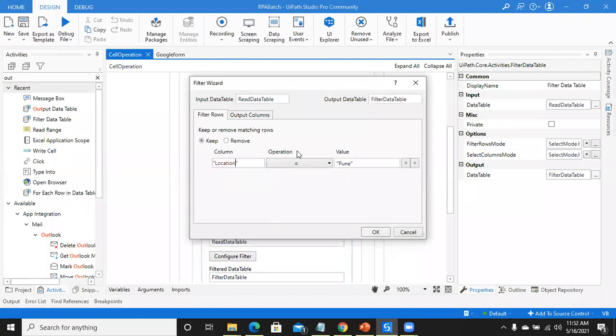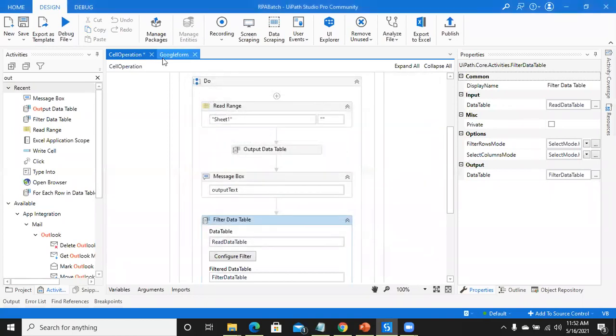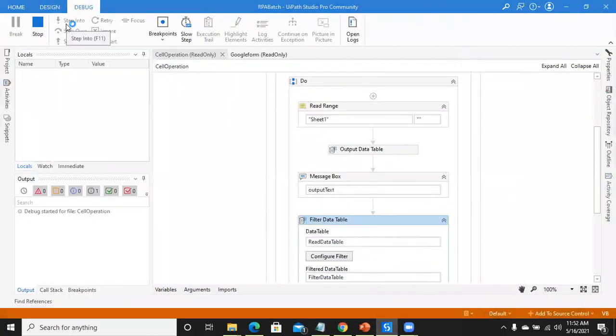We will not change anything, only the filter condition we have changed, but the condition should be perfect. There should not be any gap in the condition. Spelling should be correct.